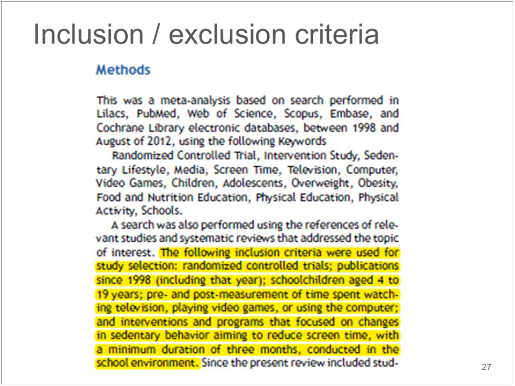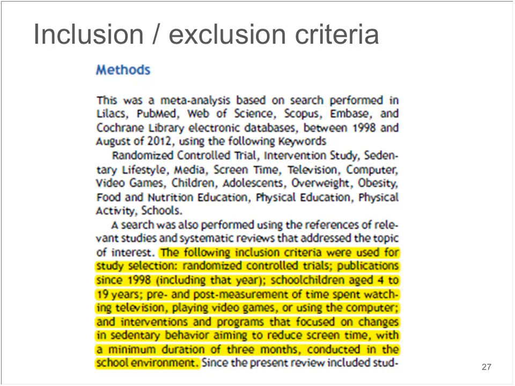But the studies had to include school children aged 4 to 19 years old. That pre and post measurement of time spent either watching television, playing video games, or using the computer is included in that study, and that the interventions or programs focused on changes in sedentary behavior aiming to reduce screen time, and that the interventions also had to be a minimum duration of 3 months, and they had to be conducted in the school.